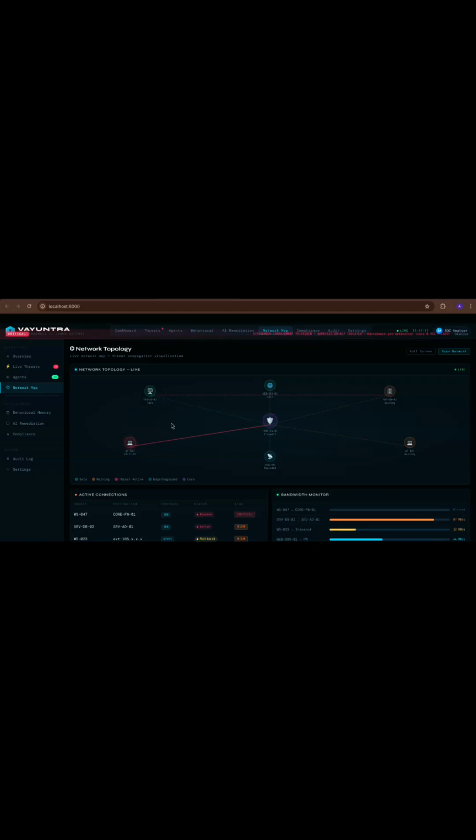This is a live network topology. Every node on this map is an endpoint in the network. WS047 glowing red, that's the isolated machine. You can see the attack path drawn in red from WS047 toward the core firewall. The active connections table below shows exactly what traffic is blocked, active or monitored, with protocol, destination and risk level. The bandwidth monitor on the right shows